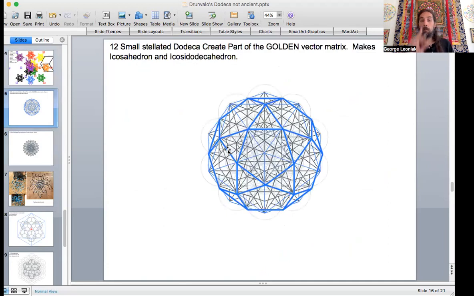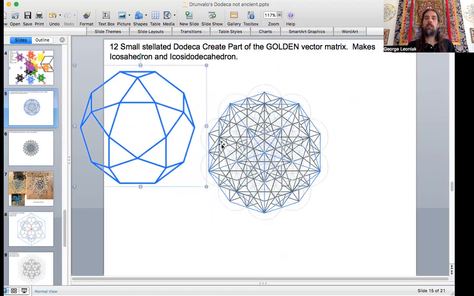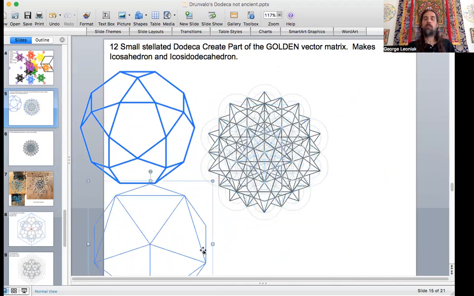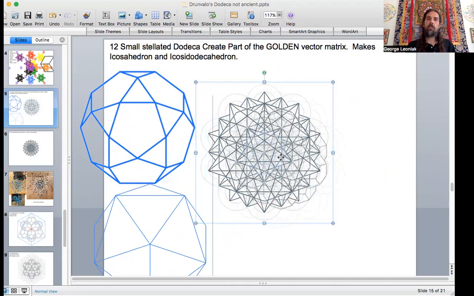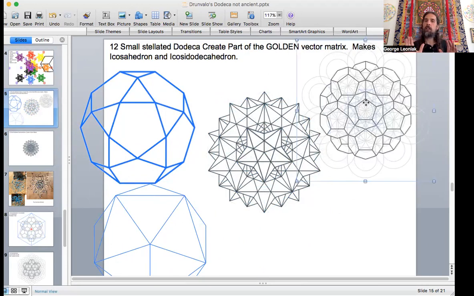Whoop, wrong one. Here we go. We're about to take that one apart. But here's my icosahedron dodecahedron. The vertices are given for that. And now also, here's the icosahedron that is our 20-sided D20. And here are the dodecahedron prior to the stellation, right? So when I remove all that stuff, you can see that the dodecahedra are actually the stellated form. I believe these are probably some never before seen drawings that you're looking at now.